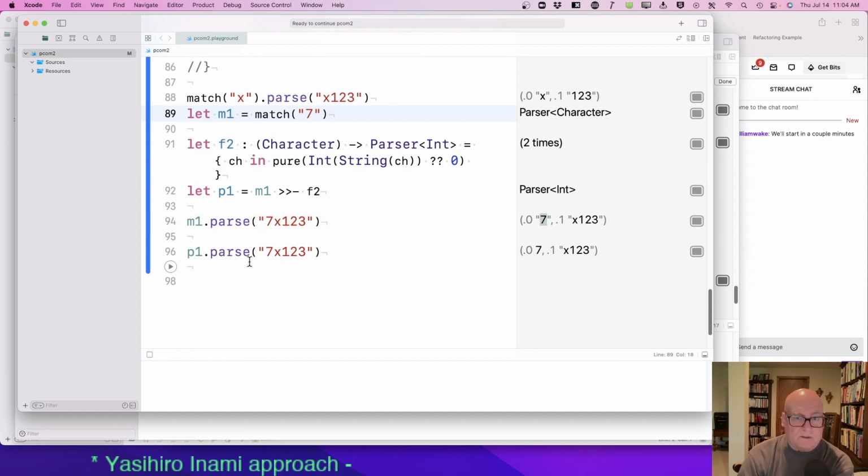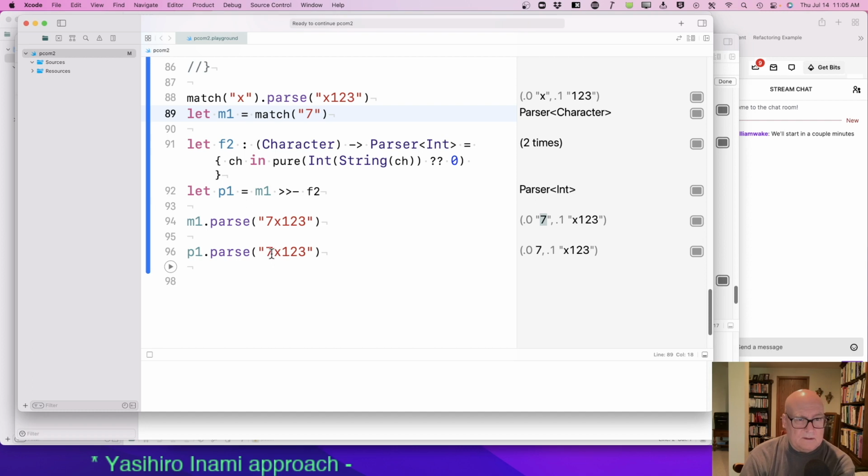Then this parser converts. So what does it do? It takes the first parser, applies the function to its result. Okay, so converts it to an int,